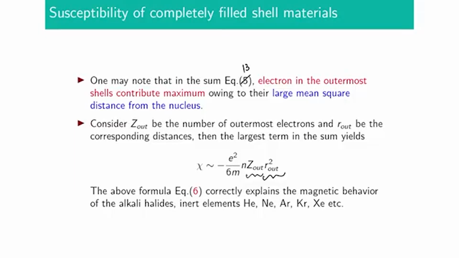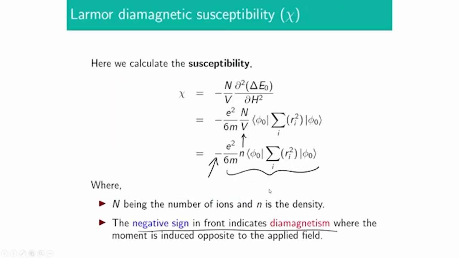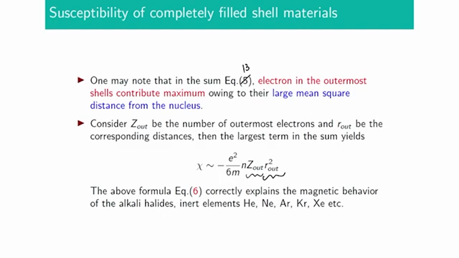So, this contribution to the diamagnetic susceptibility is maximum for the ones that are in the outermost shell. So, we simply replace this sum, or rather the expectation value, by r_out squared multiplied by the number of electrons Z_out, like the atomic number. We simply replace this expectation value by r_i squared, and that r_i squared would be maximum. So, that corresponds to the r_out which are in the outermost shell,